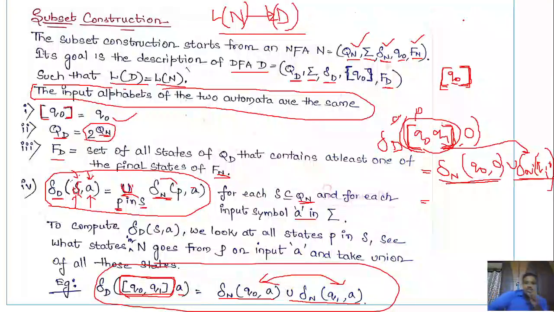Just note these important points for the subset construction algorithm. We will apply this algorithm in the next session to convert the NFA into the DFA, and discuss it with one problem, followed by minimization of the DFA. I hope the concept is clear. If you are not able to understand the subset construction algorithm, no need to worry, as we will discuss the same algorithm again in the next session when we convert the given NFA into the DFA. That's all for today's session.